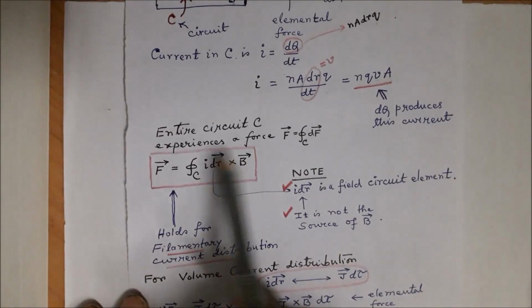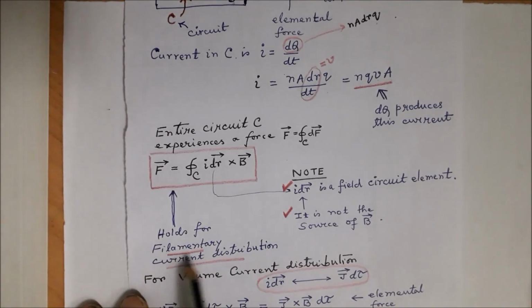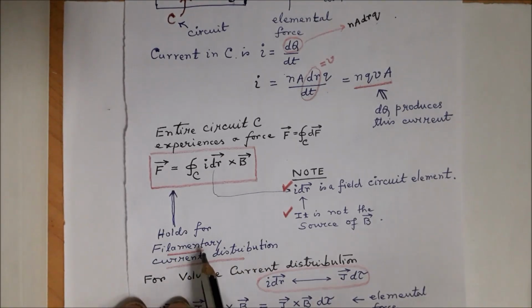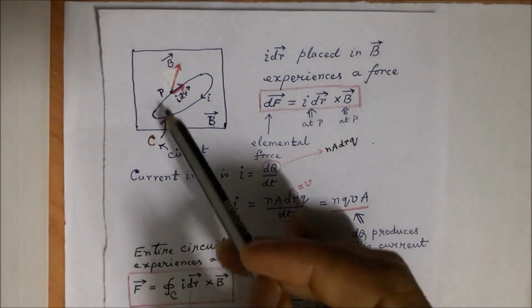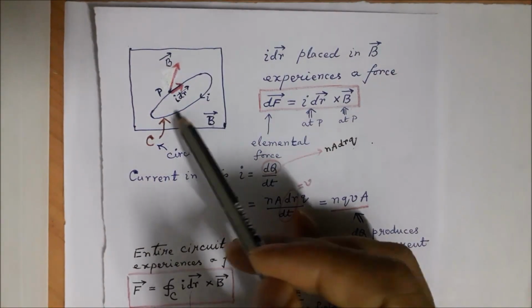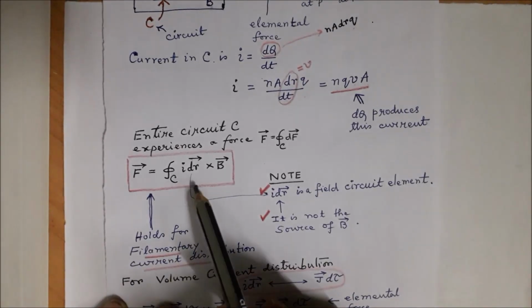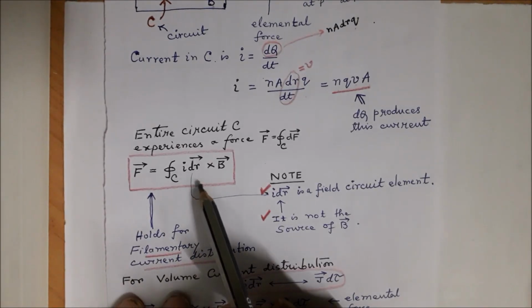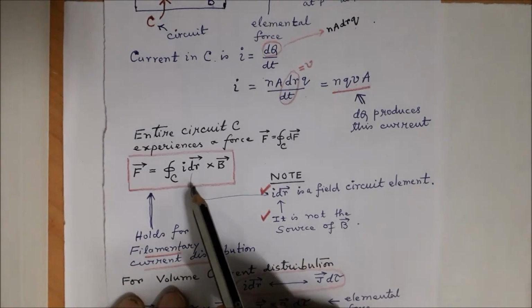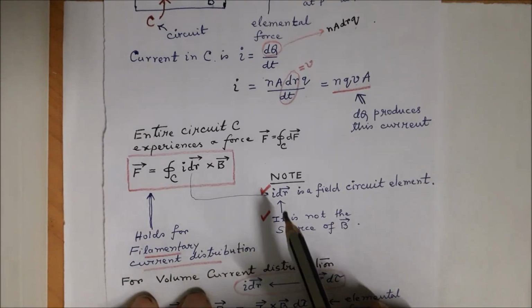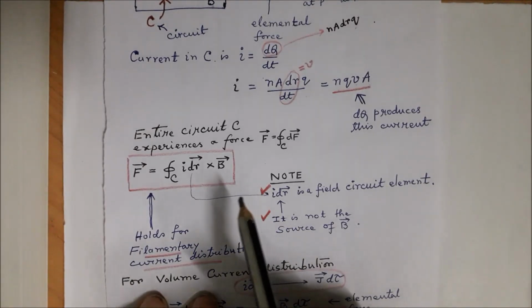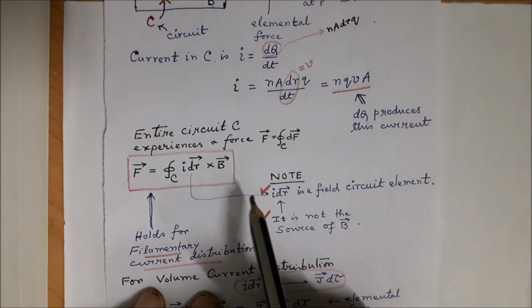Now this result holds for filamentary current distribution because we have considered the current to flow in a wire or a filament. So this is a result which can be attached to a filamentary picture. Two things are to be seriously noted. Earlier we said that